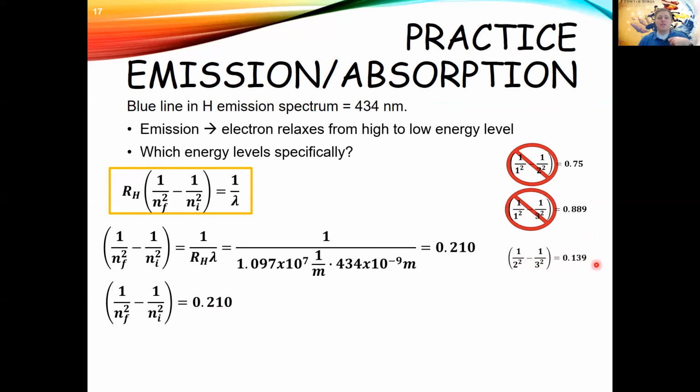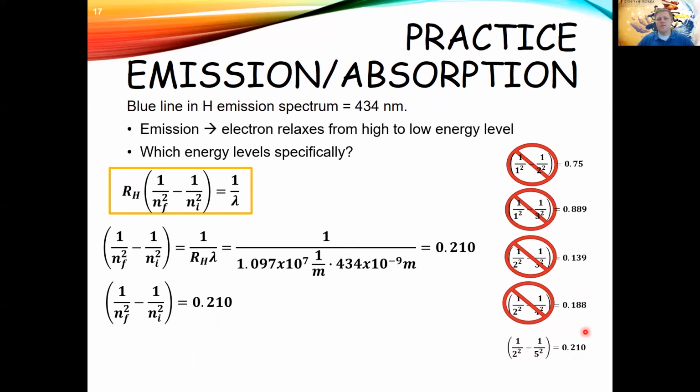Did get me to a much smaller number though, 0.139. So now let's stick with 2 for a while, and we will play with 3. We'll change that 3 to a 4. Got me a little bit closer, 0.188. Still not quite there. So let's try 5. Okay. So if I do 1 over 2 squared minus 1 over 5 squared, I get the value of 0.210